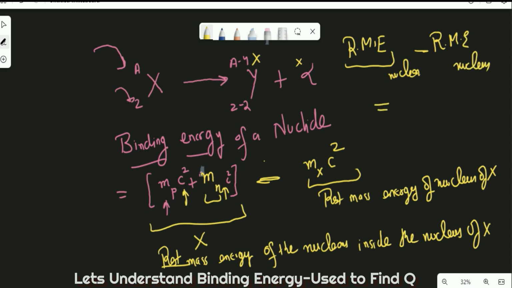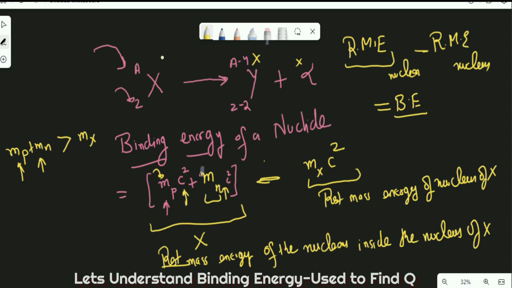And what you get now is the binding energy of that nuclide, right? So the individual masses of Mp, if you calculate the mass of all the protons and all the neutrons, you will find that individually, the value comes out to be greater than